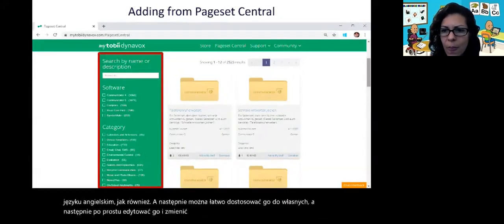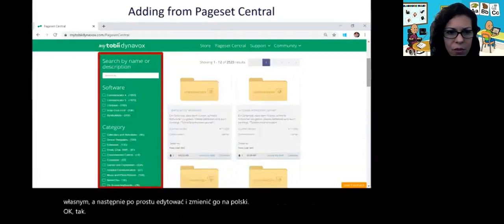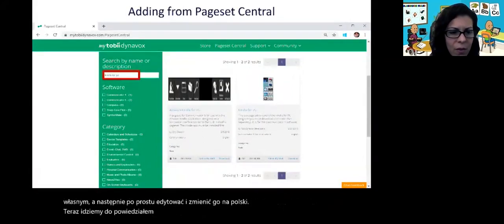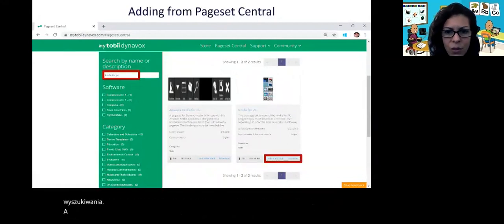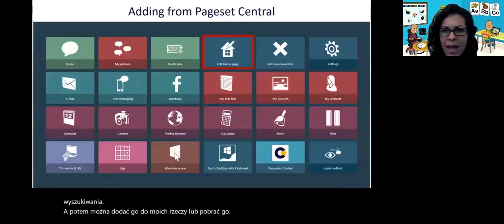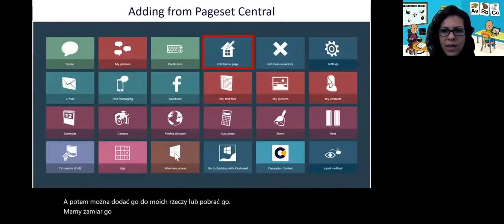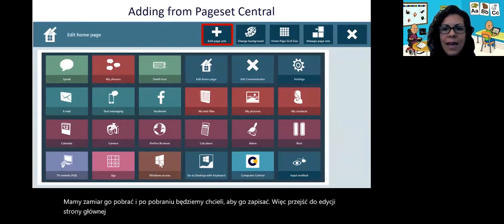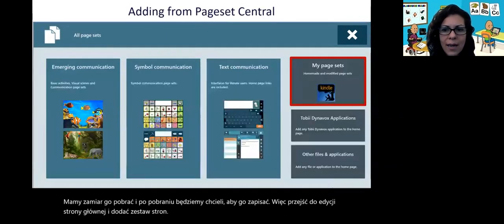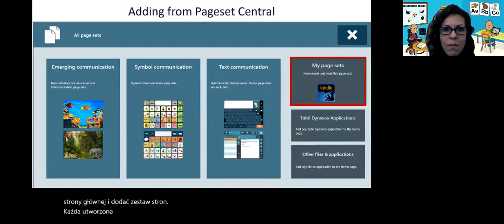Okay, so now, like I said, we're going to search for Kindle, and we do that here in the search bar. And then you would add it to My Stuff or download it. We're going to download it, and once downloaded, you'll want to save it. So you go to Edit Homepage, and you add a page set, and any page set that you've downloaded will appear in the My Page Sets button. So now we're going to select it,